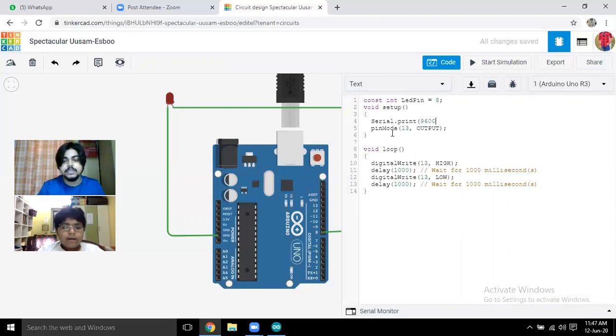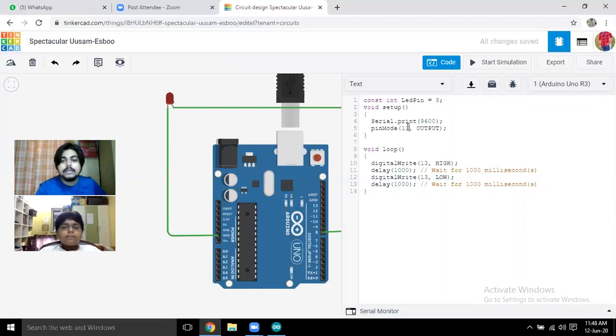Now, in the first line, we have written const int let pin equal to 8. We have written const because the pin will be the same. It will not change throughout the code. Let pin is the name of the variable which we are using. See, we can't get inside the computer to change or process anything. What we can do is give instructions to the variable or the number to which we are connecting, and like this we can control the machine. And then inside void setup, I had already said that we will be mentioning the pin configuration details.